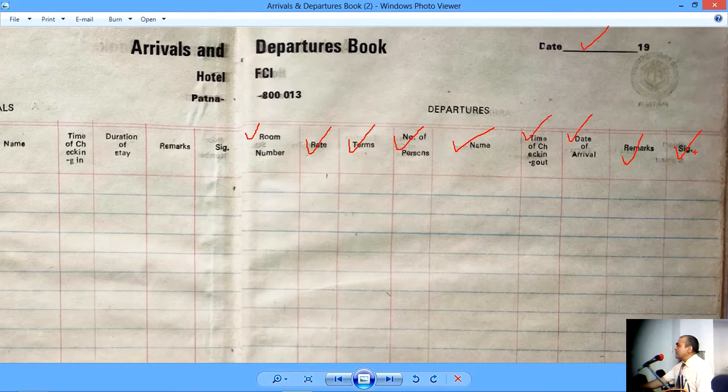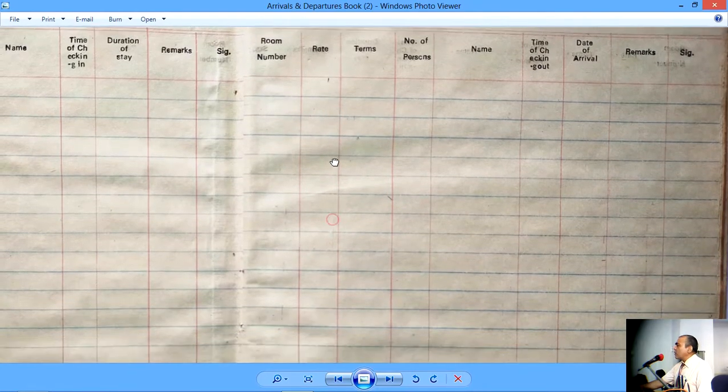I think this should be the employee's signature because the person who is handling this process, it is his signature, so that we can confirm later on if there is any problem with any of the arrivals and departure procedures. If there is any dispute, then the employees who have signed will be held accountable. So this is a brief description about Arrivals and Departures book, a very old document.